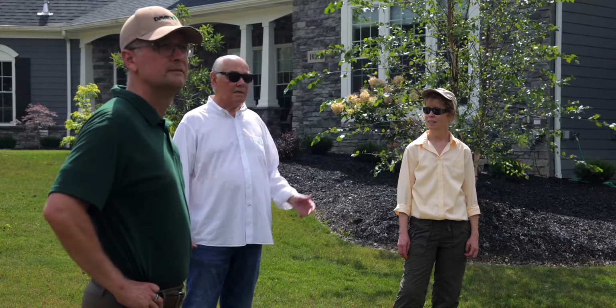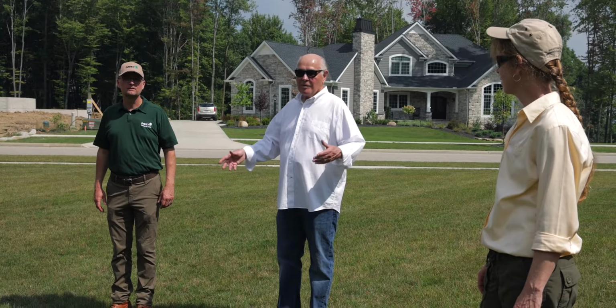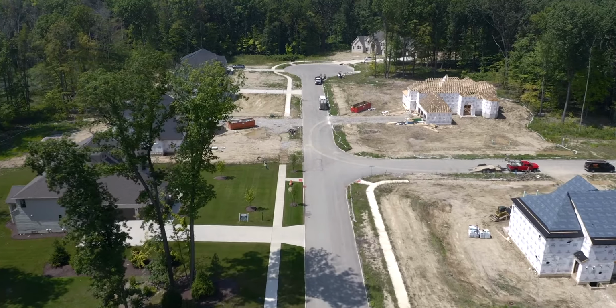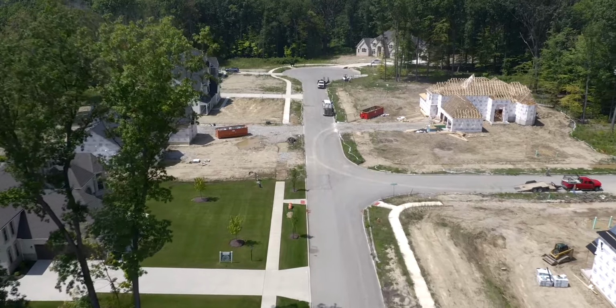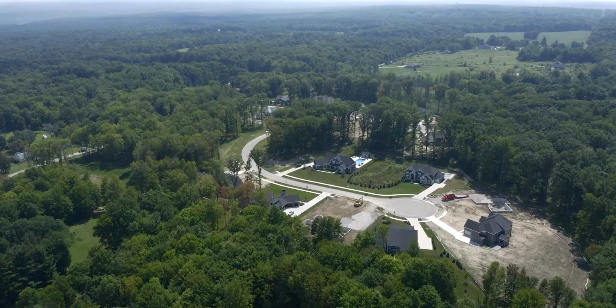I love working with Chris Bender. He's a great developer. I think when he comes into a community, the government officials really respect Chris. And it's just great to work on a project like that with a guy who has that reputation and values our input professionally. And with Davey Resources assistance between wetlands and engineering, we put our first pavement down on this